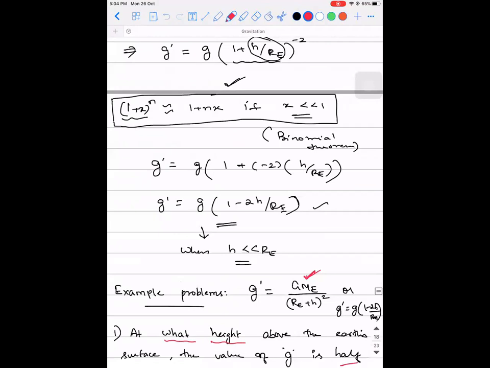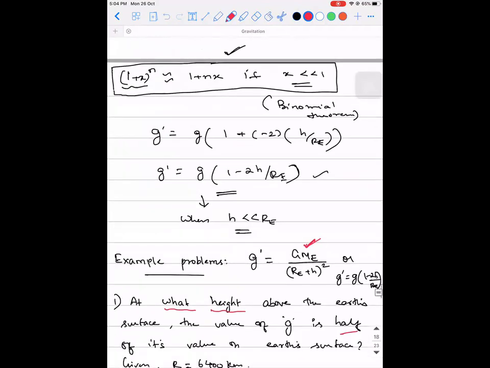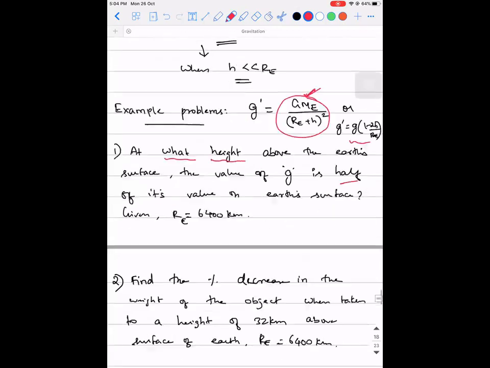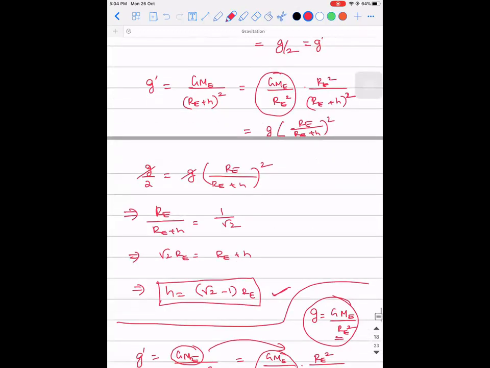One is GME divided by (RE plus H) the whole square, and the other is g into (1 minus 2H divided by RE). Right? So in today's class, what we are going to see is,